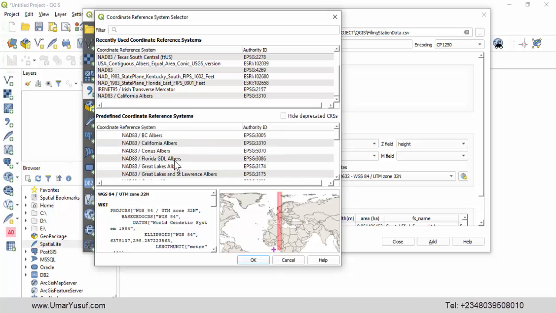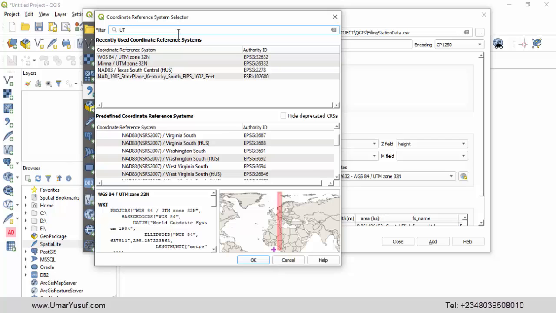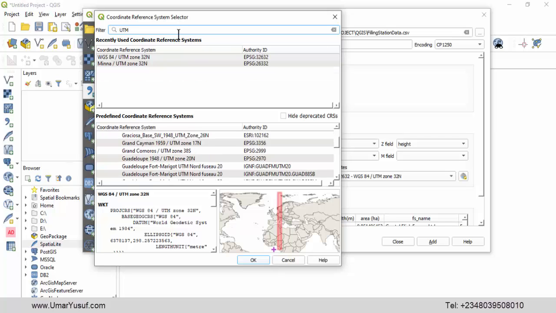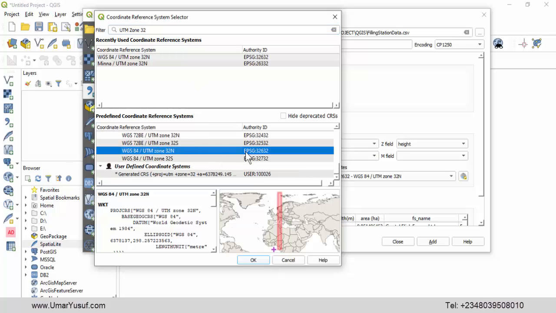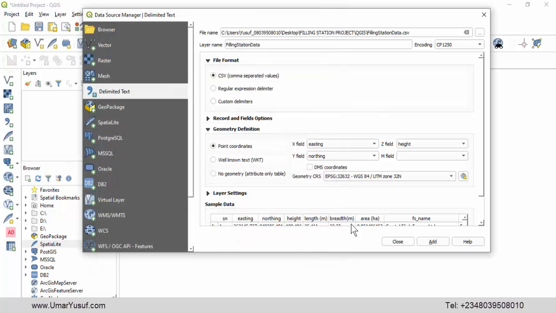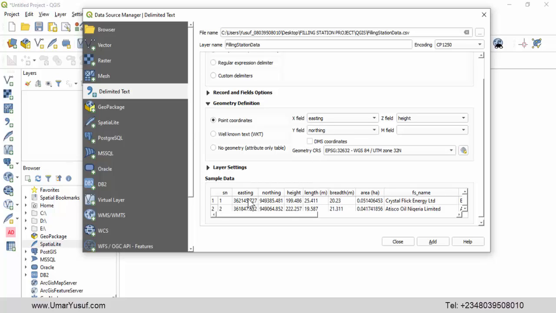So under the projected coordinate, what you are looking for is WGS World System WGS 1984. So you search for it, or you can type inside the filter here, maybe UTM, then zone 32 degrees, and then it will filter it out for you here. So you select it and then click on OK. So already I've done mine and I've selected it. And then you can see the preview of the